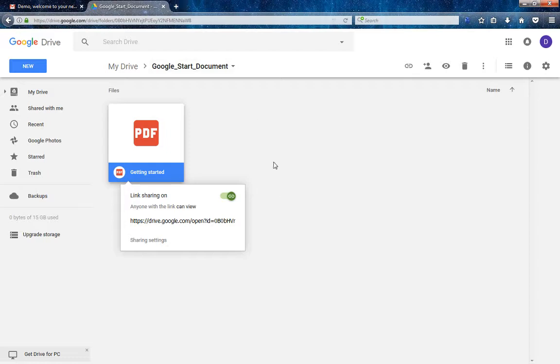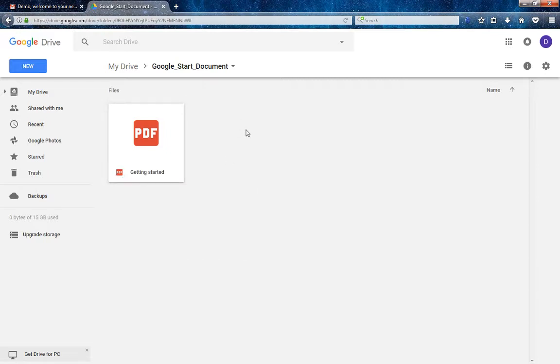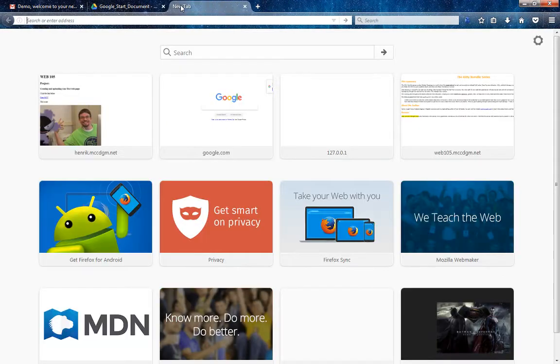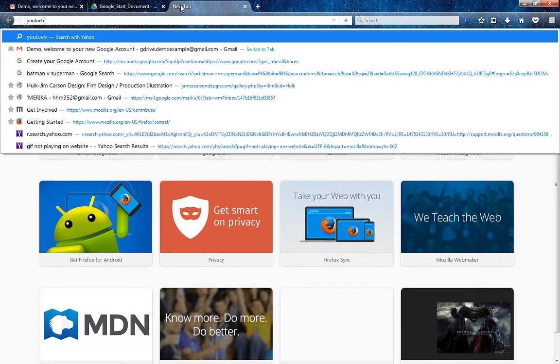So that is my recommendation for an online storage. If you have another one that you like, feel free to use it. I just recommend this one because it's free. On top of that, you have a